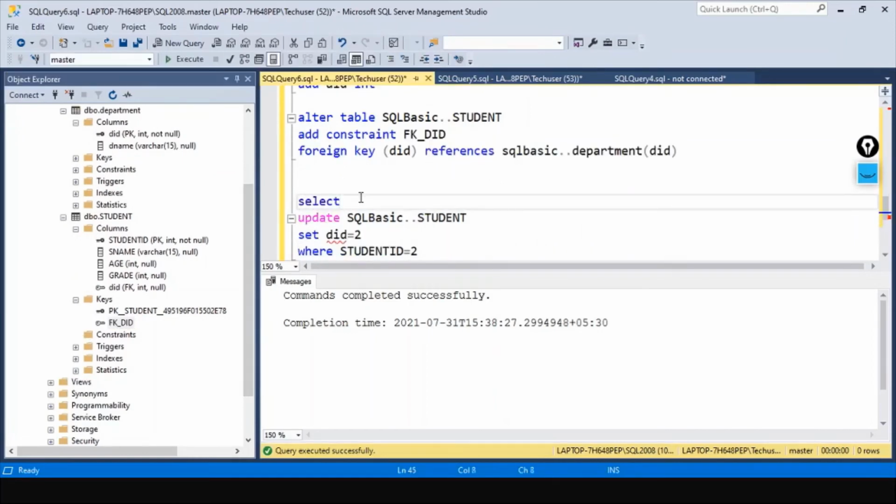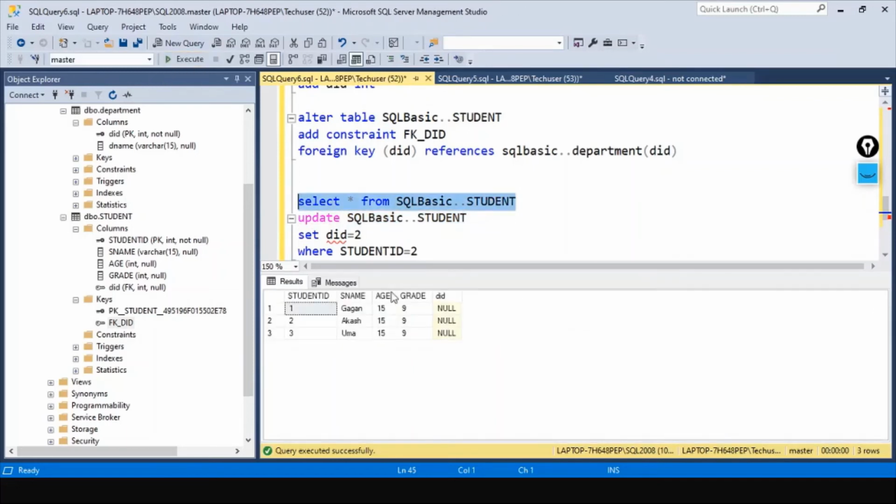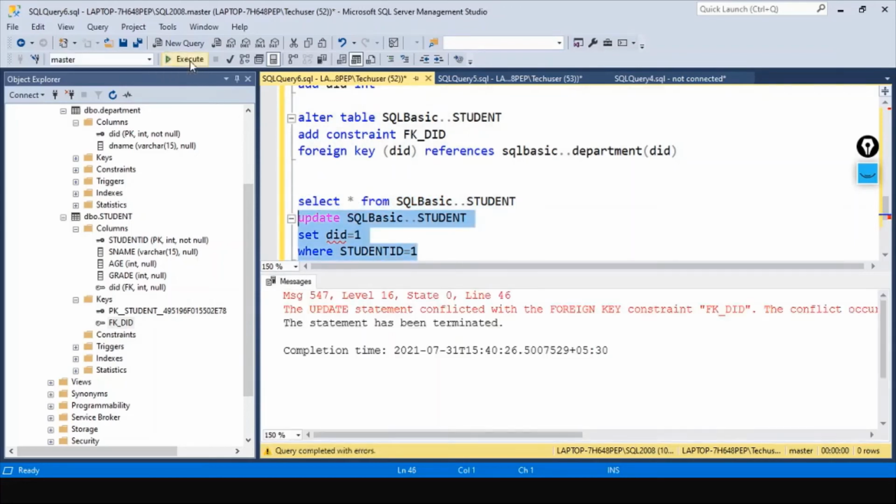So I can now query this table. Select from student, then see what the department ID is having. It is having null. So I just want to change it from null to 1 for the student ID 1. Now we will get an error. Let's see what that error is. Okay, let's read the error.